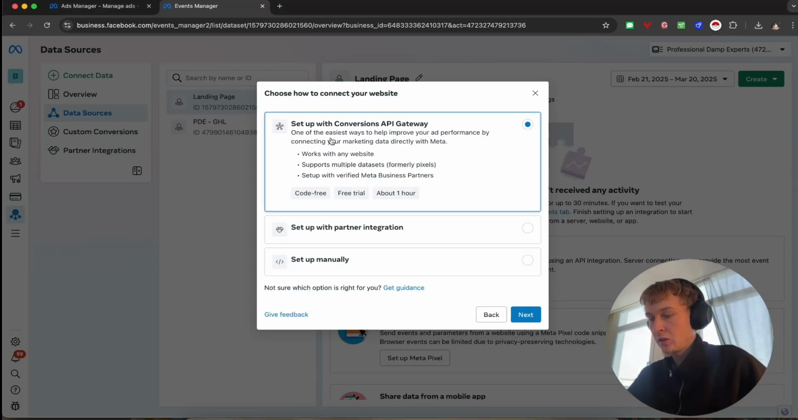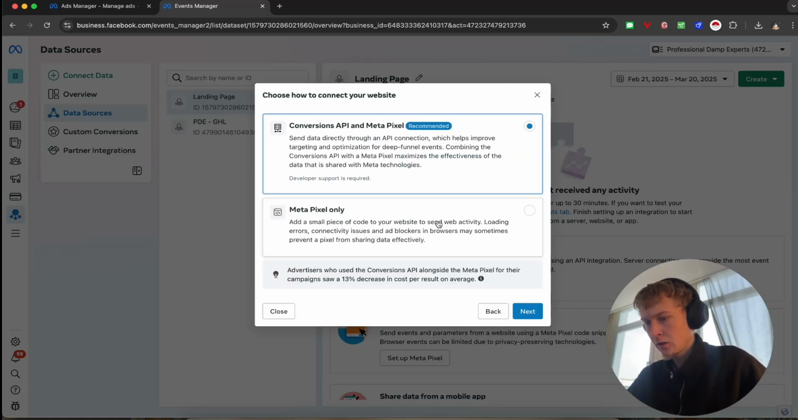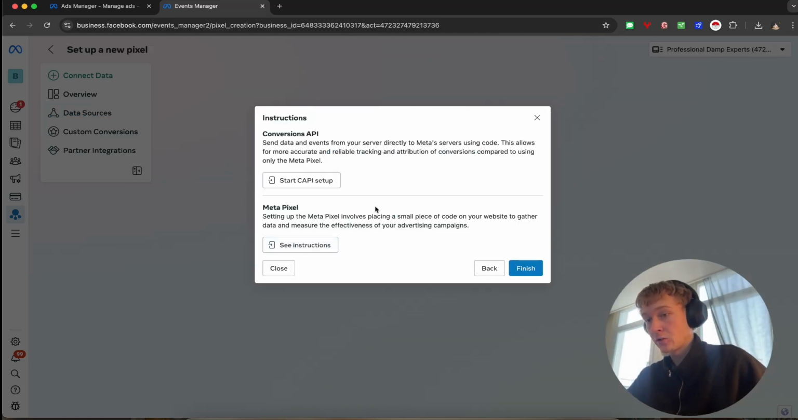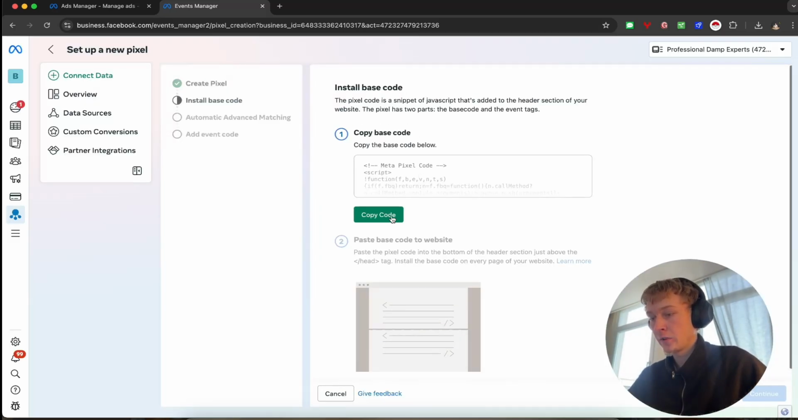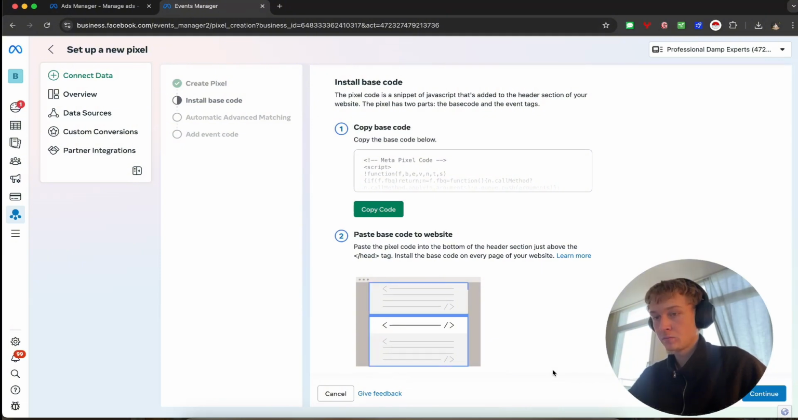Then we're going to be prompted with how we want to set up our website. So what we want to do is set up manually and go next. And then we're going to select, we can just do recommended. And then we select see instructions. Over here we have our meta pixel code, which we can just go ahead to GoHighLevel,